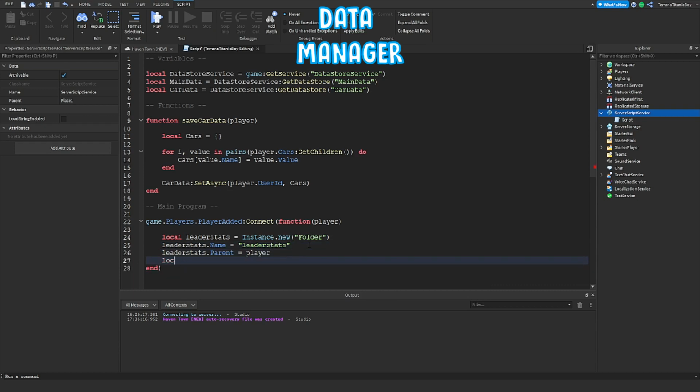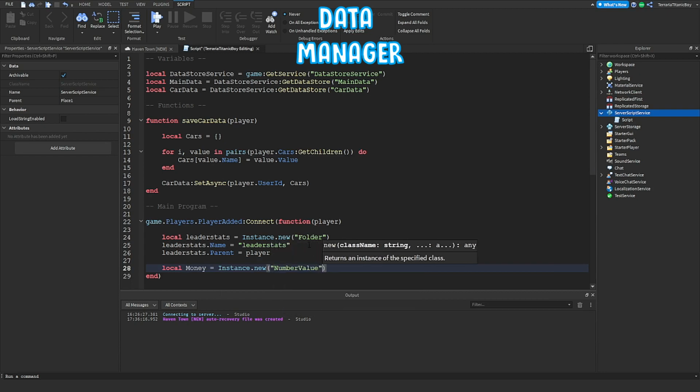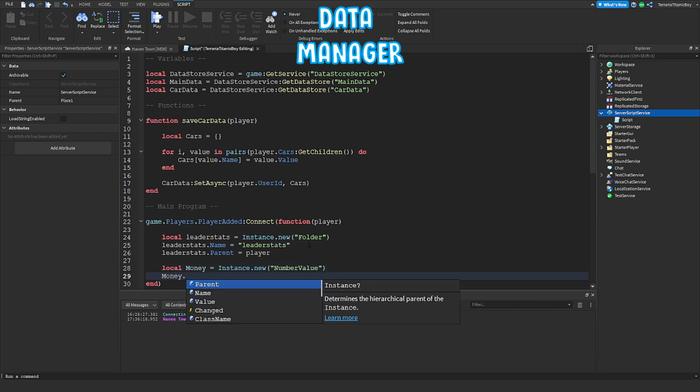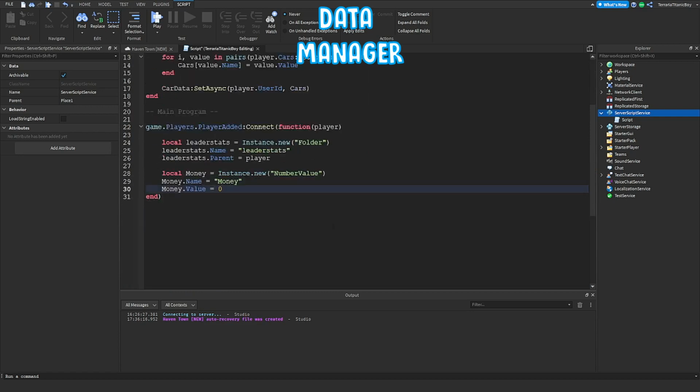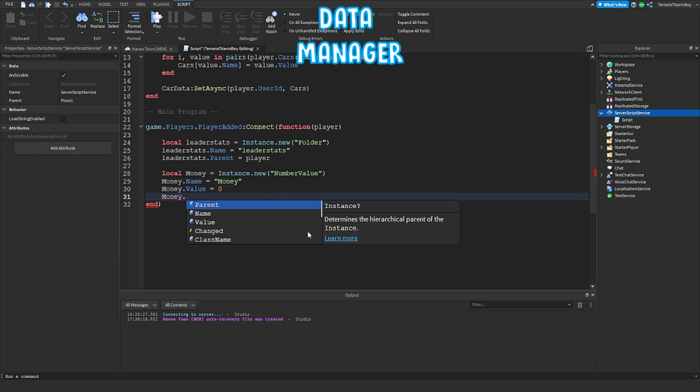And then we're going to do local money equals Instance.new("NumberValue"), money.Name equals "Money", then money.Value equals 0, so you're going to start with 0 cash, but obviously you can change that if you want. And then money.Parent equals leaderstats,